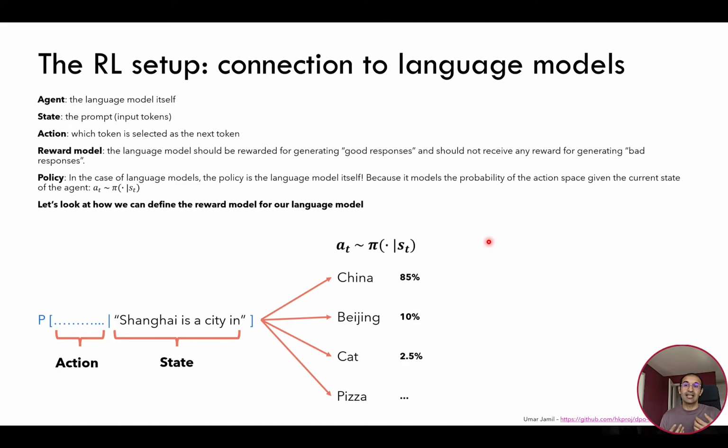So for sure we want the language model to be helpful, to answer questions in a meaningful way, so not just output garbage. We want the language model to not be racist or use any offensive language, right? So these are all good behaviors that we want from this language model. So we may want to build a reward model that will treat good responses, for example, responses that actually answer